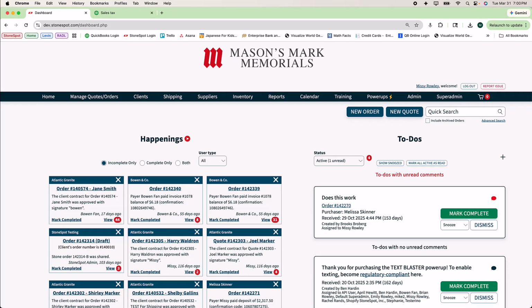Today we're going to look at another accounting feature in StoneSpot that works in conjunction with the QuickBooks integration. As you're taking deposits in StoneSpot, StoneSpot is automatically putting those up into QuickBooks. Those land in a liability account in QuickBooks. And frequently, like the end of each month, you might want to reconcile that liability account against the open deposits